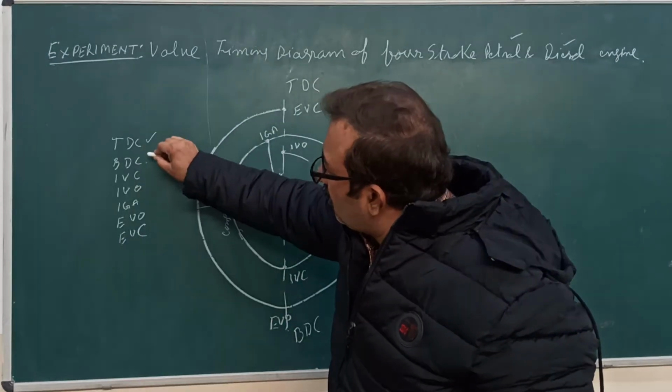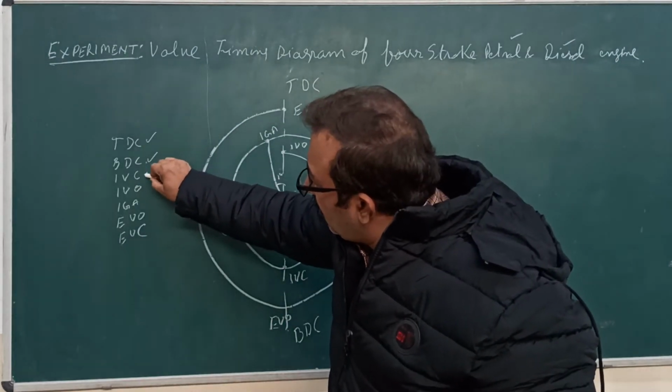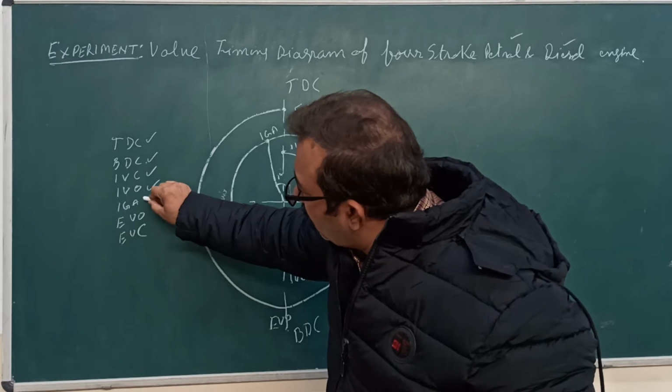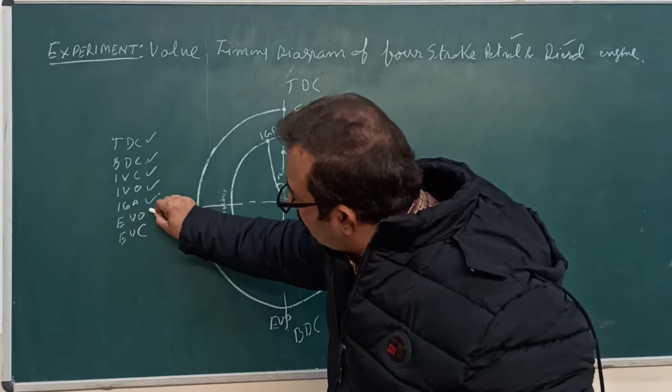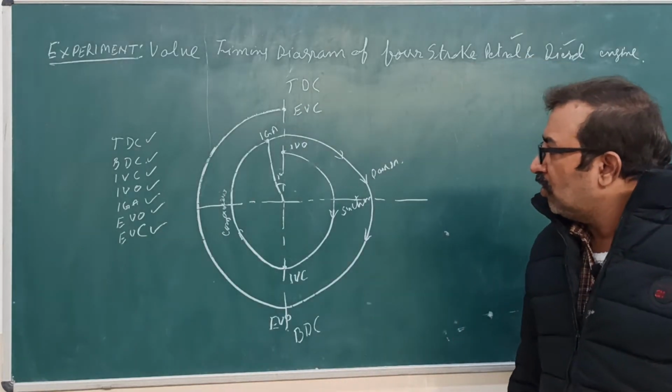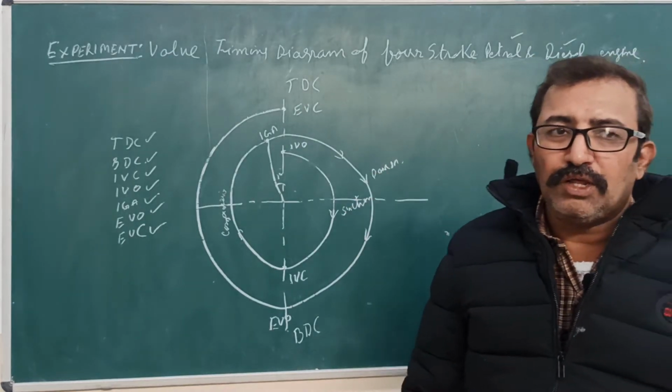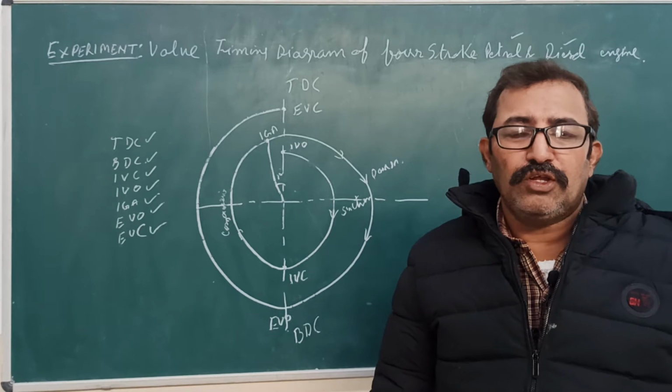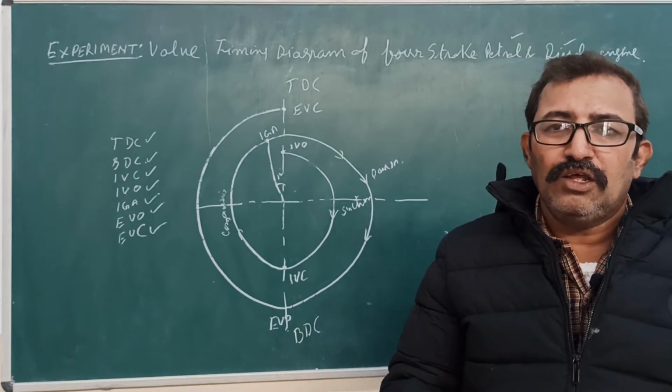This term is top dead center, bottom dead center, inlet valve closed, inlet valve open, ignition advance, exhaust valve open, exhaust valve closed. So this is your theoretical valve timing diagram for petrol engine, but in practical or actual valve